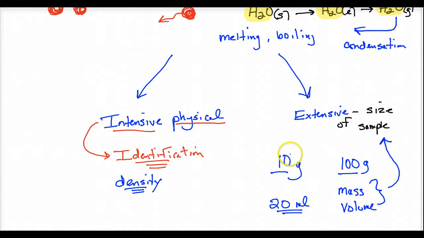What if I say color? Where would color fall in? Well, if I gave you aluminum and I gave you gold, don't they have different colors? So I can use it to what? Identify them. It's what? Intensive. So when you break this down, we have chemical properties,